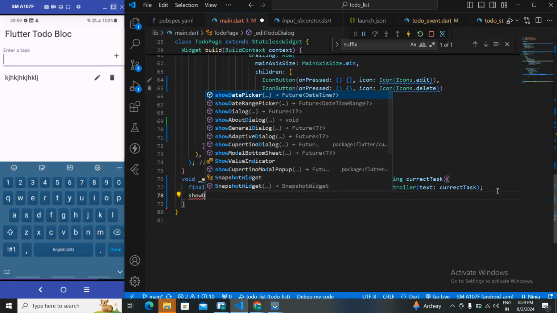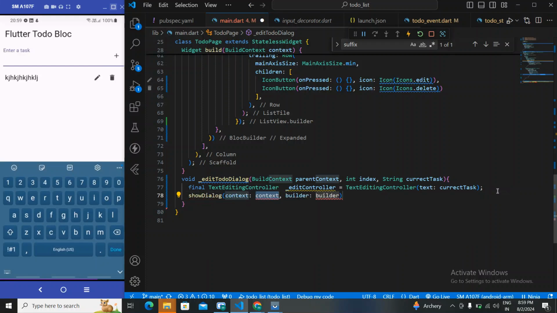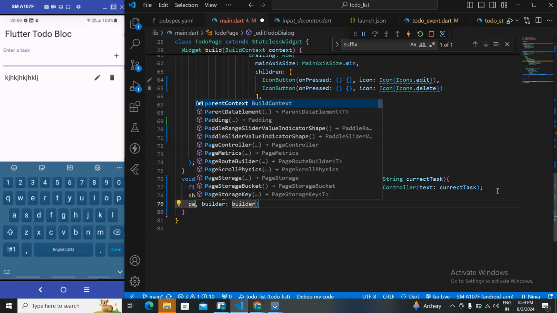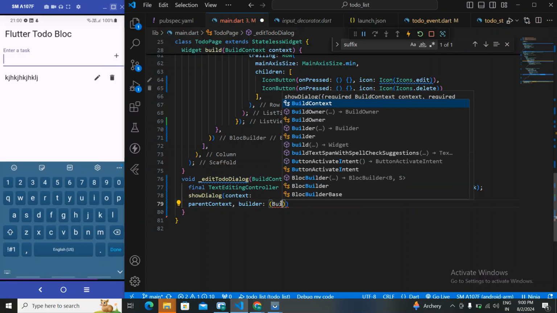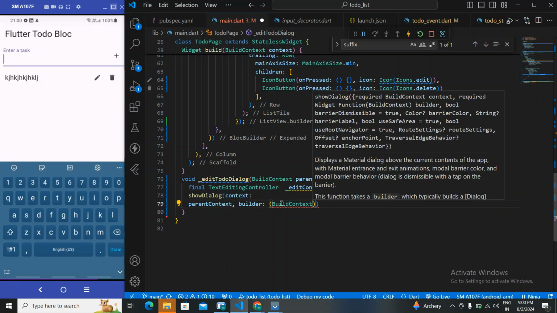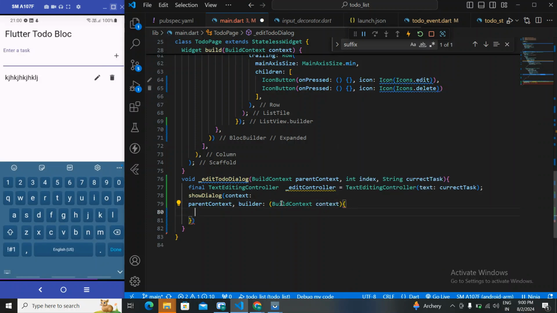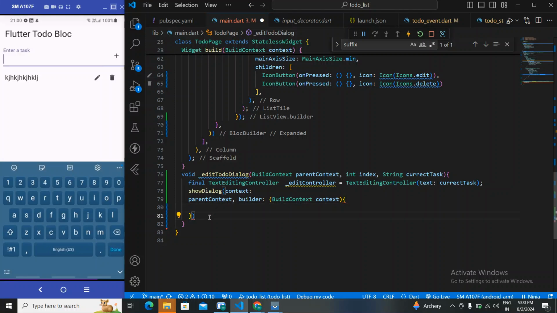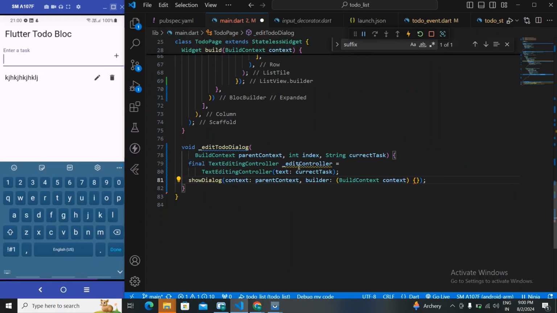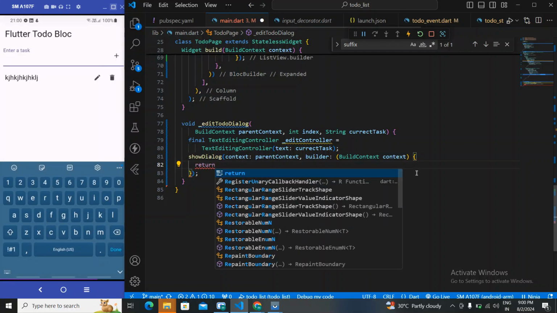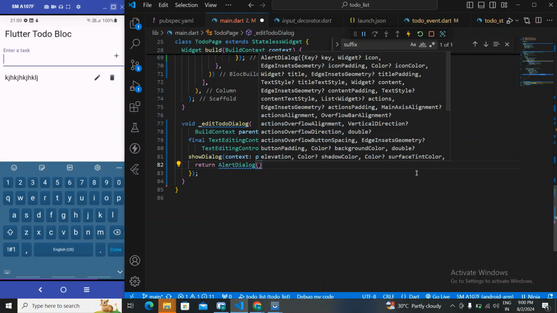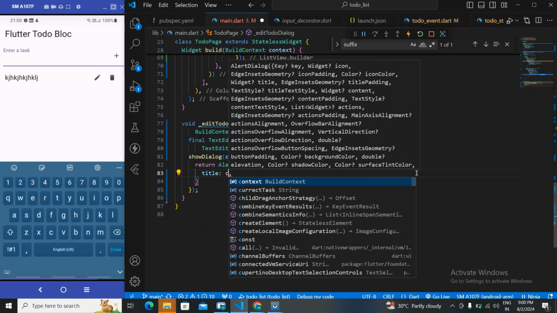So dialog, parent, current text, and builder will be, let's say, builder context, return the alert dialog. Inside this alert dialog the title will be, let's say,